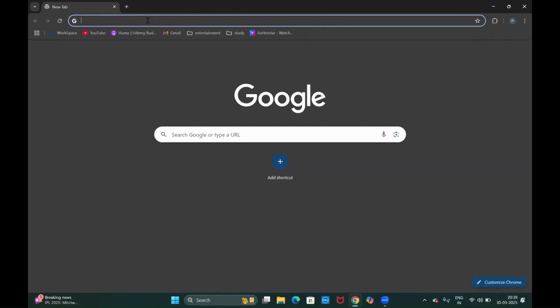Hello everyone, let's download Eclipse. Eclipse is an IDE which is mainly used for Java development purposes. So if you want to download Eclipse IDE, then just go to your Chrome and type